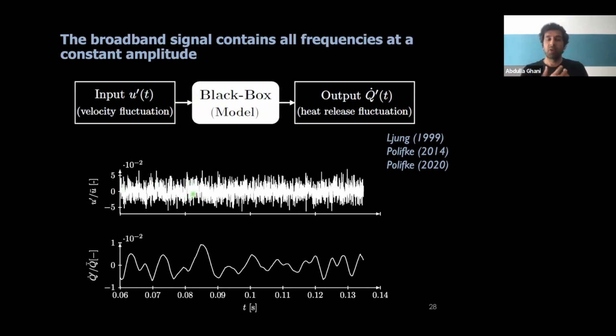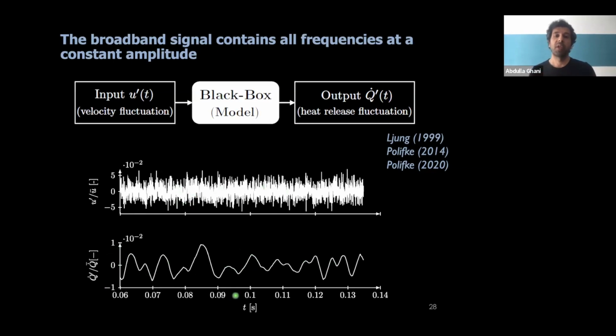We put it again in our CFD computation, but the trick is now we only do this CFD computation once. And this is the point which is drastically reducing the amount of computation. We inject this broadband frequency, retrieve a heat release rate signal, which looks like this. And then with the system identification techniques, it's possible to correlate these two signals and find out what the flame